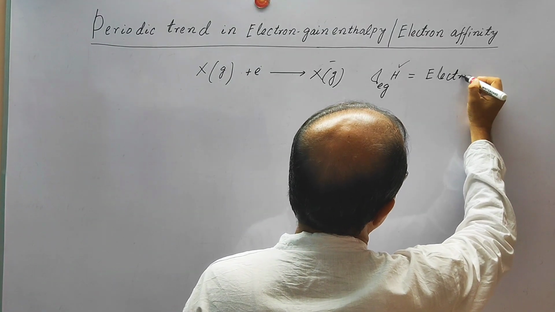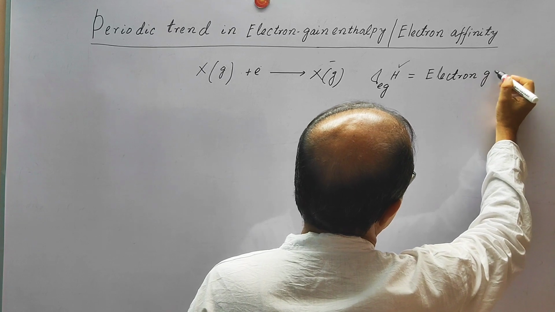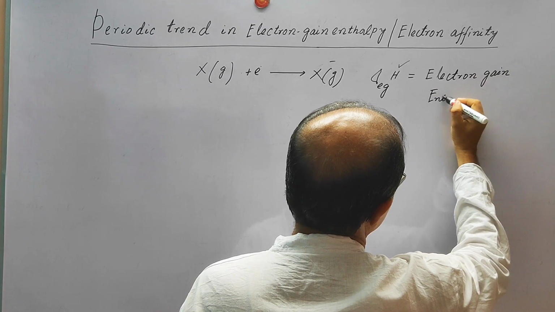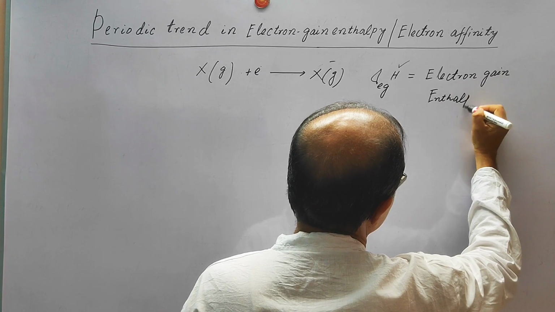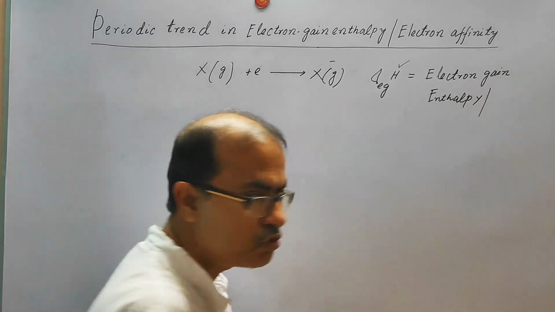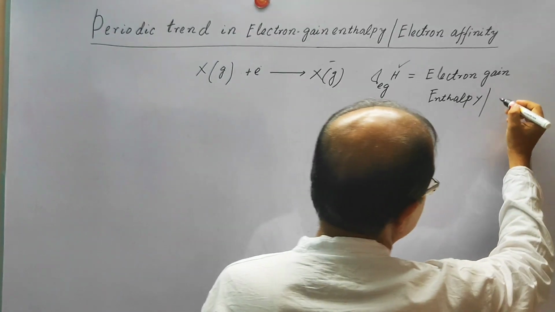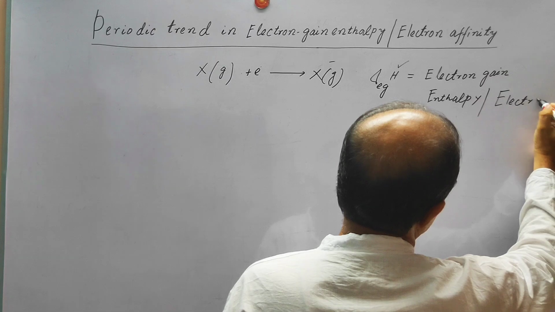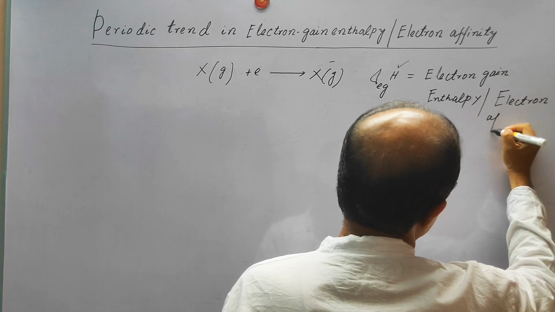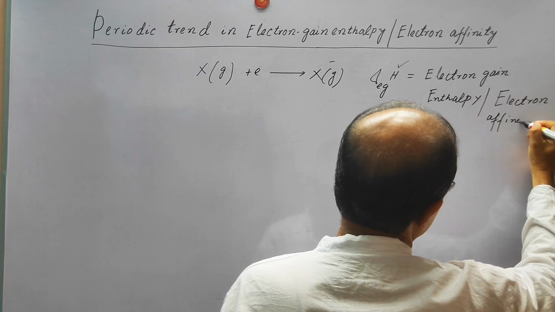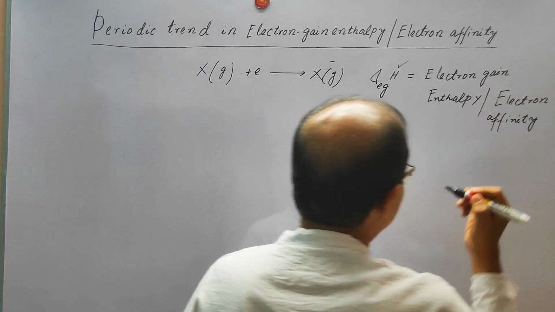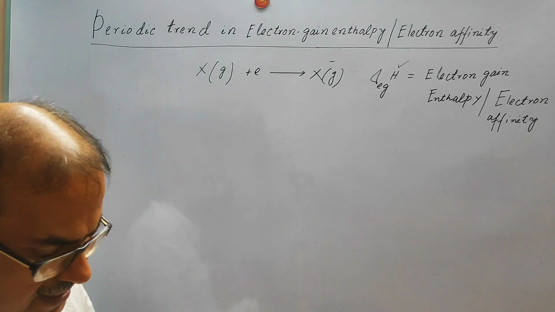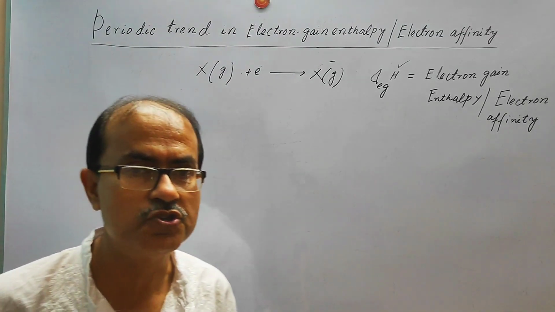So we can write electron gain enthalpy, or it is also called electron affinity, EA. Both electron gain enthalpy and electron affinity are basically the enthalpy change in the process when